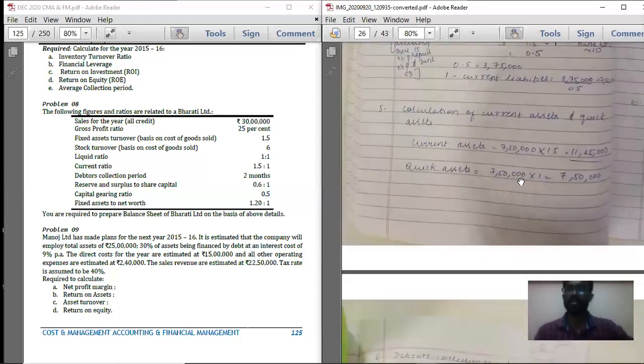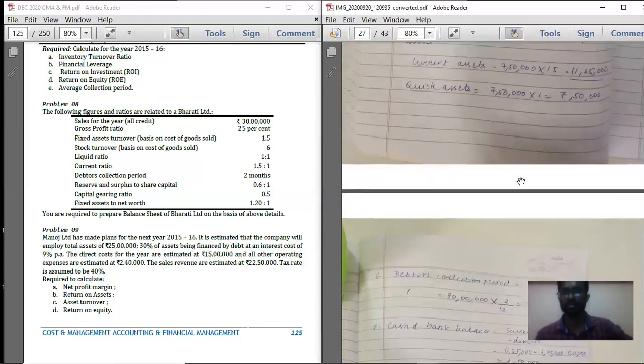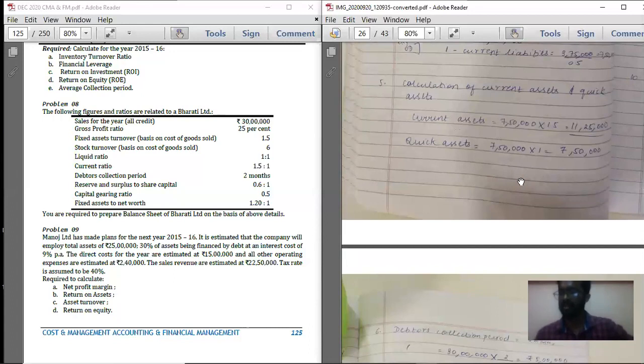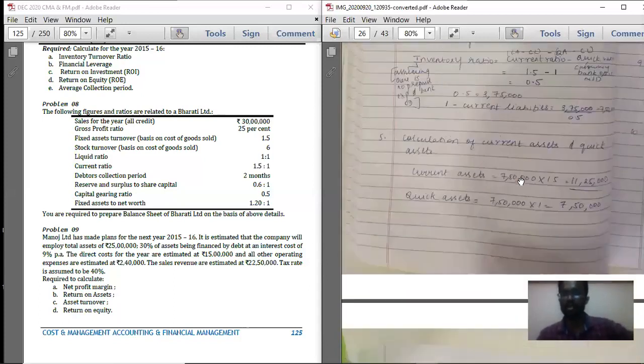It is equal to 7 lakh. So we have found current assets and quick assets. If you reduce the inventory, that is 3,75,000, from current assets, that is 11,25,000, we get the quick assets, that is 7,50,000. So calculations are right. With this, we have found current assets, quick assets,